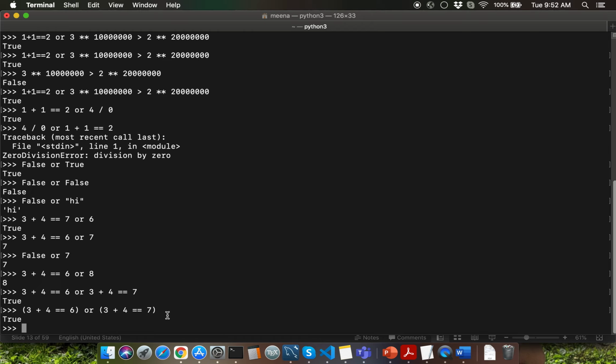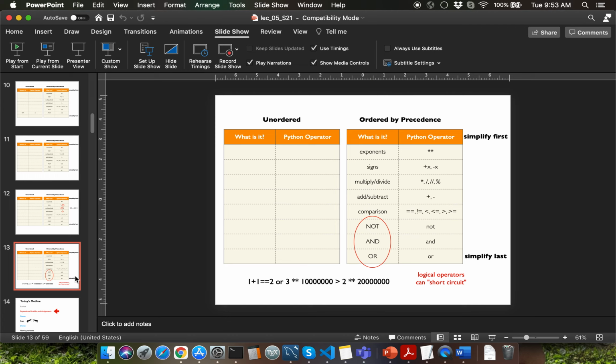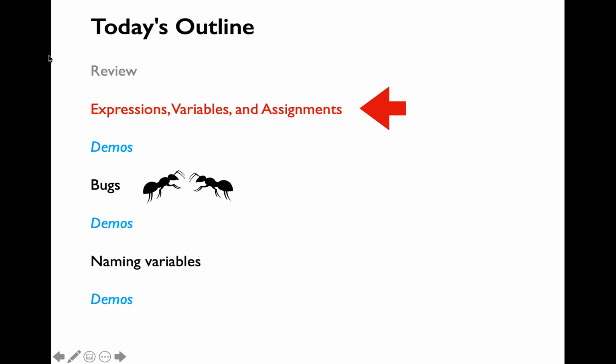That's because you'll be using expressions a lot when it comes to conditions and loops in Python. Recall that those are two exceptions for the in-order execution of control flow. Eventually, when we learn conditions and loops, we are going to be writing a lot of expressions. So you need to always make sure that you write the expression in an expanded manner and, if required, with parentheses. So let's go back to the slides here.